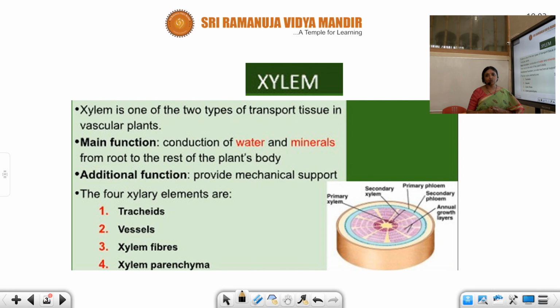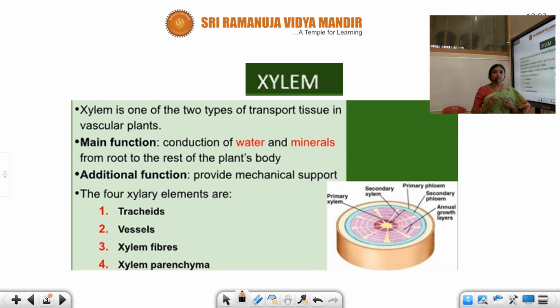In the last class also we discussed that the permanent tissues are of two types: simple permanent and complex permanent. Simple permanent, according to their structure and functions, is categorized into three types: parenchyma, collenchyma and sclerenchyma. And the complex permanent tissue is divided into two types: xylem and phloem. These two are also known as conducting tissues, or vascular tissue. Why are these called conducting tissues?